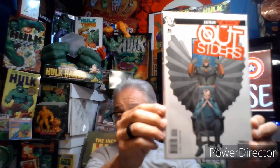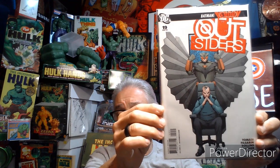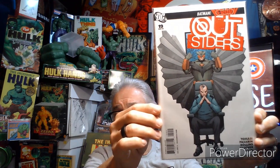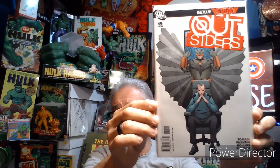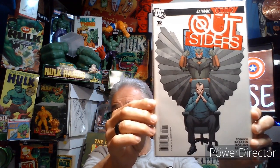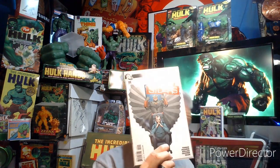So, and here is number 19, and it features Owlman. Now, what the devil is Owlman doing in the DC universe? Because he was part of the Crime Syndicate from another world. So this has got me intrigued. So I picked this one up, and we're going to see what he's doing in there. That's another character. I love the Crime Syndicate. I love all those characters. So when I saw that, I'm like, whoa, that looks interesting. So I got to know what's going on here. So,